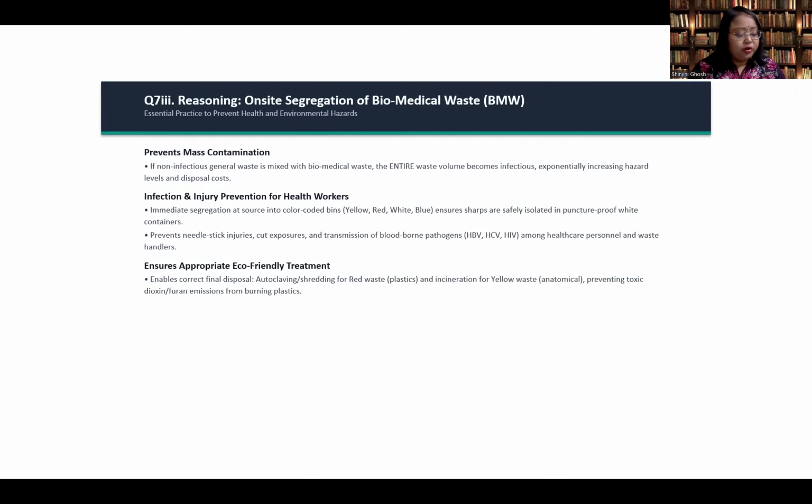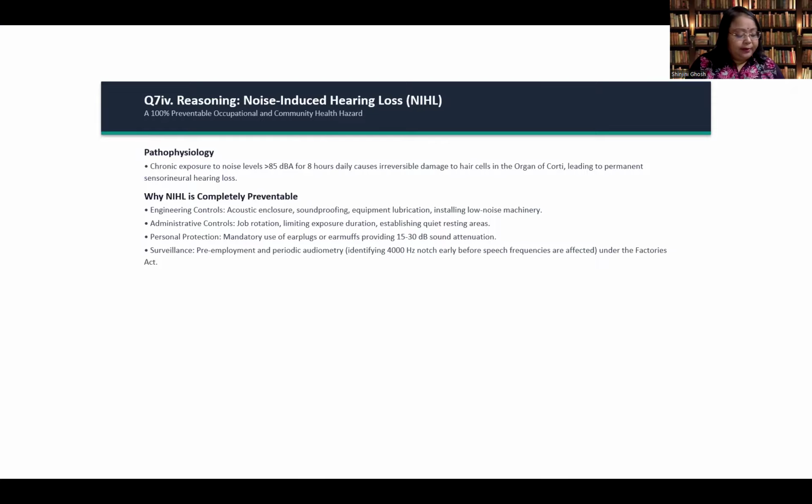Next question was: on-site segregation is essential to prevent health hazards from biomedical wastes. Okay, so here also you have to write about the immediate segregation. You have to prevent the transmission of bloodborne infections, and you have to ensure appropriate eco-friendly treatment. Next, coming to the